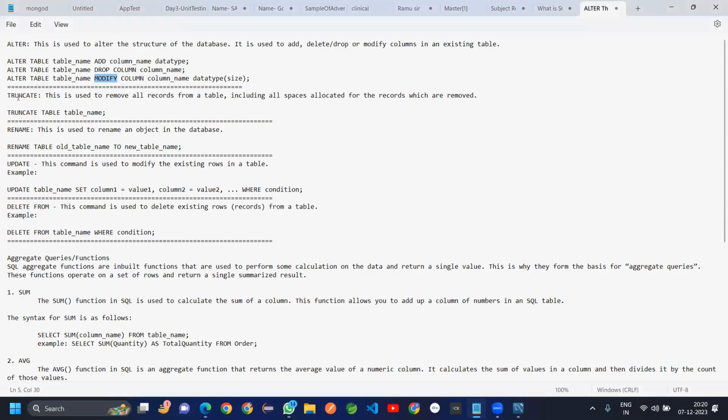So truncate. Rename we already discussed, update we already discussed, though this one is pending; we will see it later. Before going to truncate, we need to see delete. So basically the delete command: if you want to delete any record from your existing table,